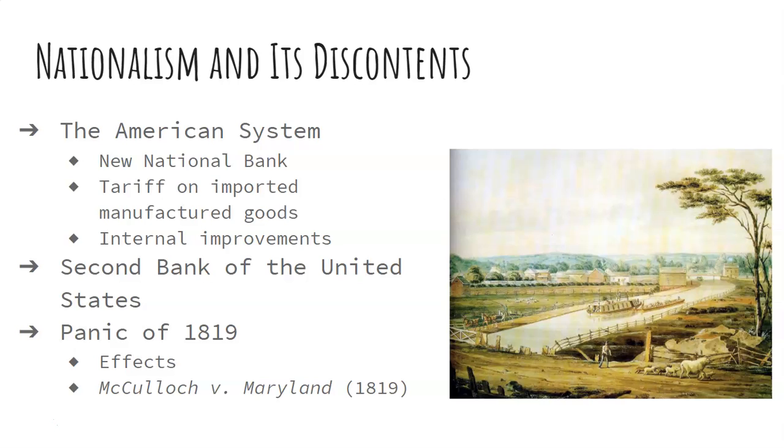The tariff offered protection to goods that could be produced in the United States, especially cheap cotton textiles. A lot of Southerners supported this tariff, believing that it would help the South develop a manufacturing base like New England's. And in 1816, a new Bank of the United States was created with a 20-year charter from Congress.